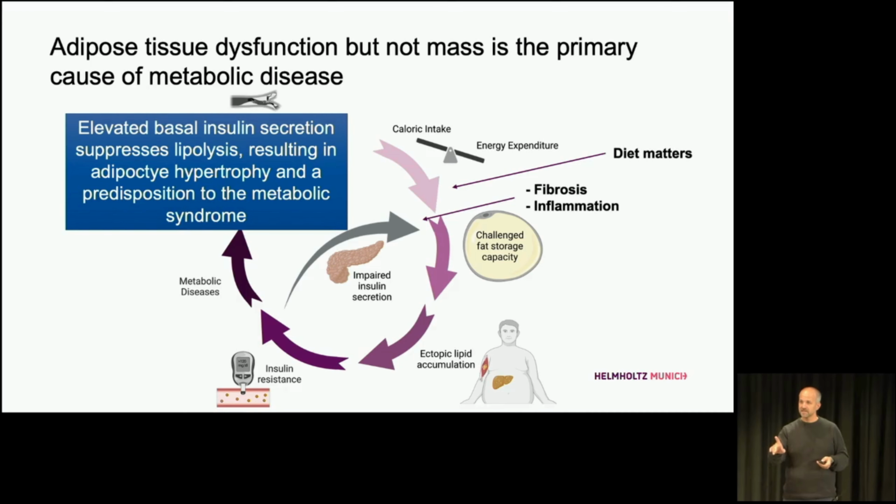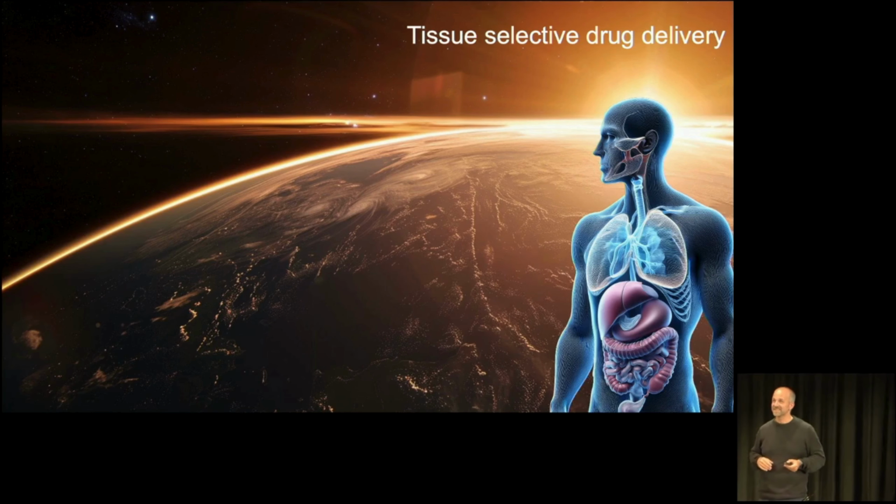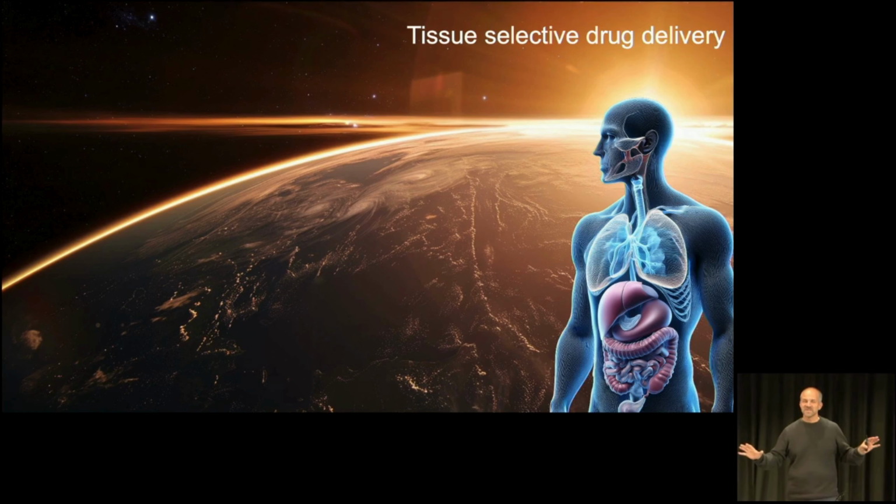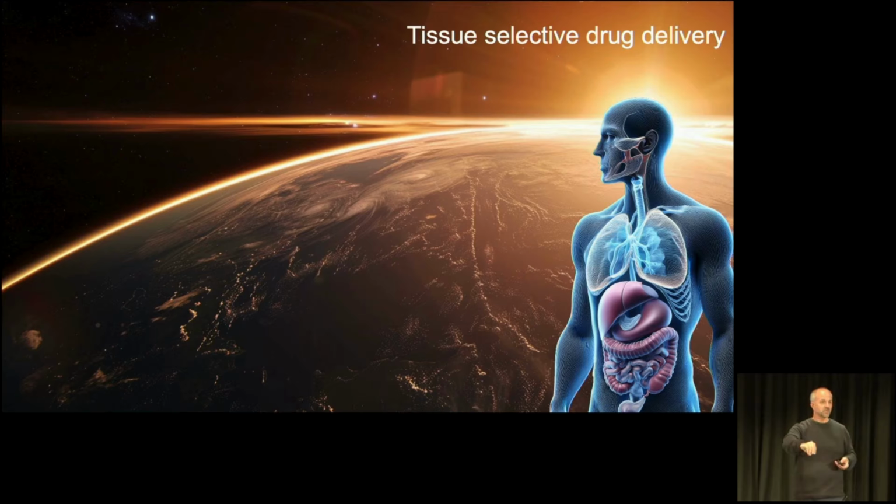And the last thing that I wanted to say, because we also want to say something about the frontiers and what we want to do next, is one of the issues that we are trying to deal with, which is that we are having problems bringing our basic science findings with conditional knockouts into the clinic. Often we have these wonderful drugs or pathways, but we cannot use them because they are great in the tissue we want to target, but they have very unwanted side effects in other tissues.